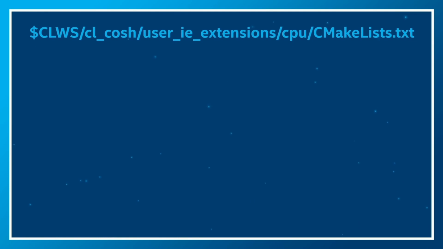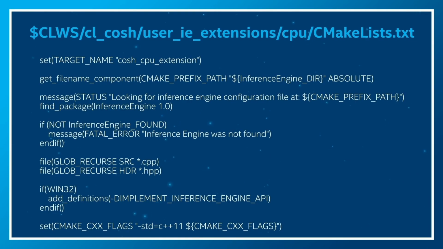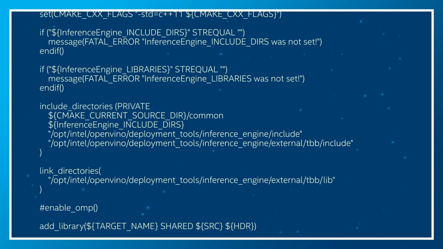Now that we have completed the hyperbolic cosine implementation, we will want to update the CMake file. Let's walk through the required changes. First, open the CPU extension CMake file. At the top, rename the target name so that the compiled library is called libcoshcpuextension.so. Next, modify the include directories to add the header and include the path for the Intel TBB library located in